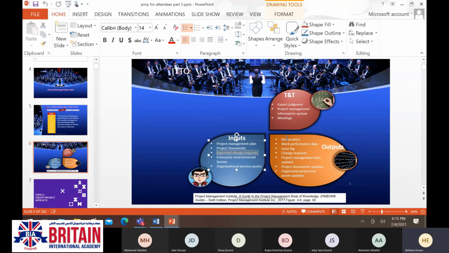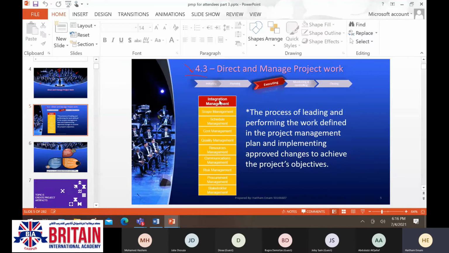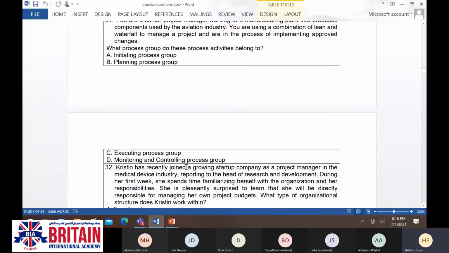And the output, you are going to have deliverables, or you may even have certain change requests as a result of conducting the work and doing the monitor and control process. But implementing the approved change request comes under the executing process group. The change request is created in the monitor and control process group, and this approved change request is executed in the executing process group. So the right answer will be C.